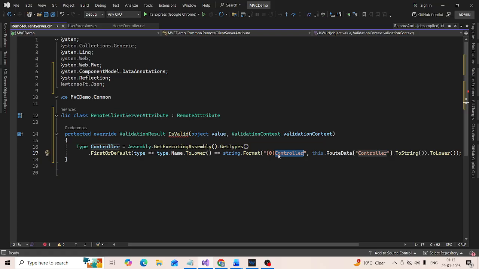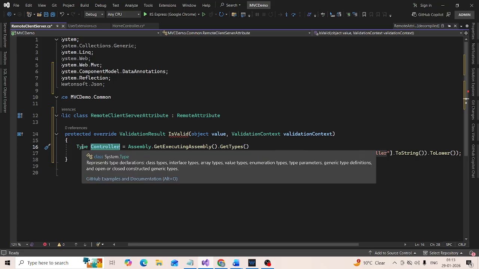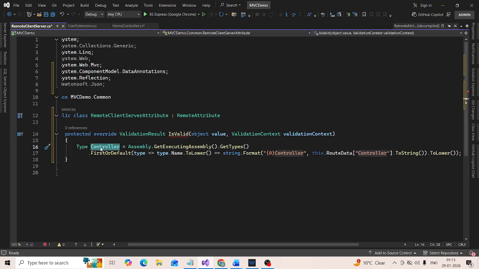We are getting the type of that controller. Okay, all right. So once we have the controller, if that controller is not equal to null,